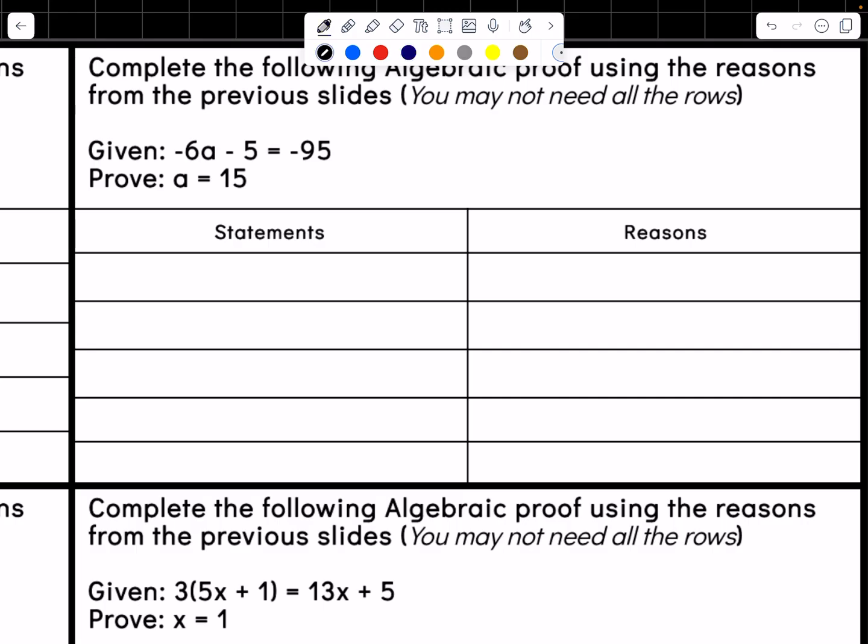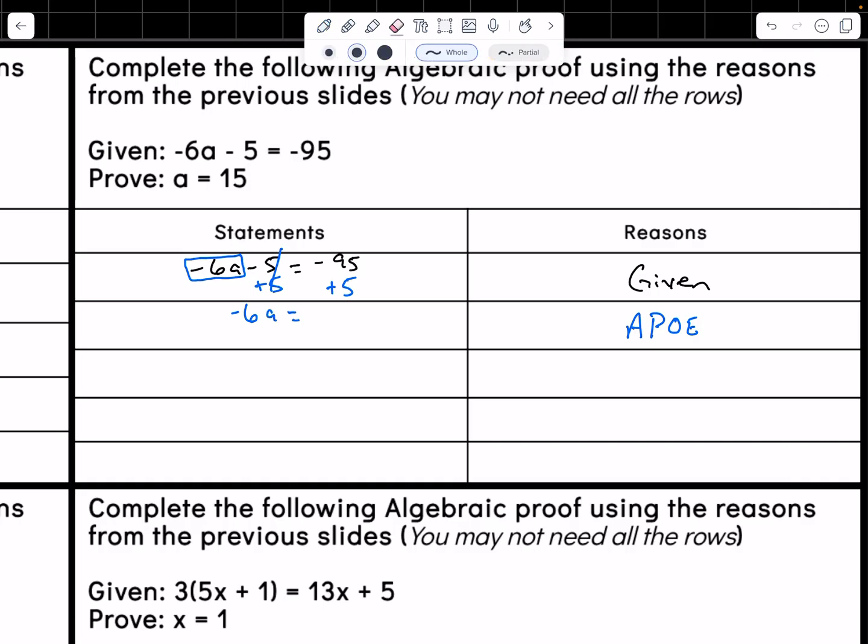So we'll start off with our given statement. Okay, our given statement says negative 6a minus 5 equals negative 95. Now my first step, I want to get my a by itself. So if I want to get a by itself, then I need to add 5. So it's going to be addition. I add to both sides because I added to one side, so I have to do it to the other. That's our postulate of equality,